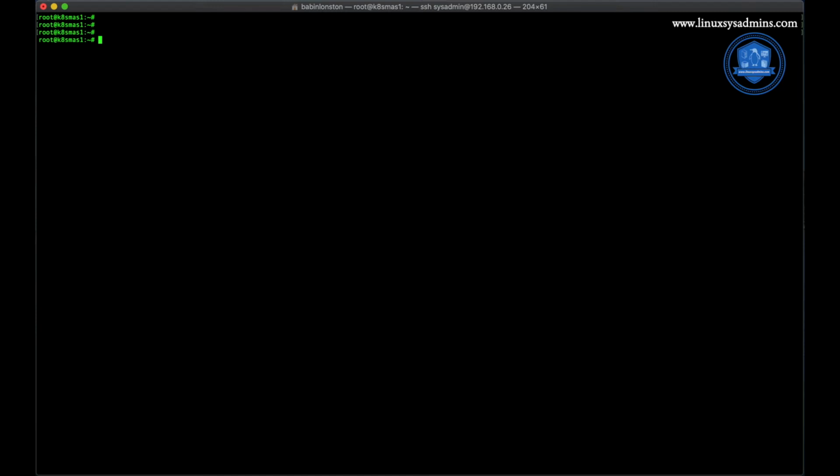Let me show you quickly how to deploy without any advanced option. For that, kubectl create deployment. The deployment name which I am going to use is linuxsys-deploy. The image I am going to use in this deployment will be nginx:1.17-perl.